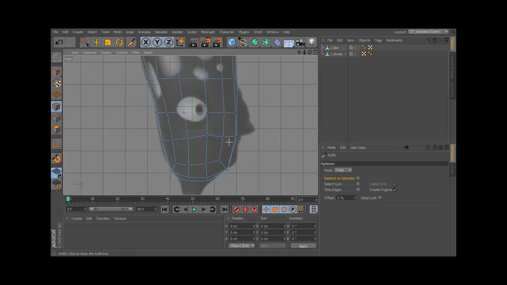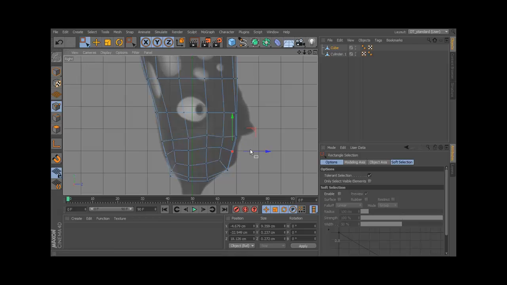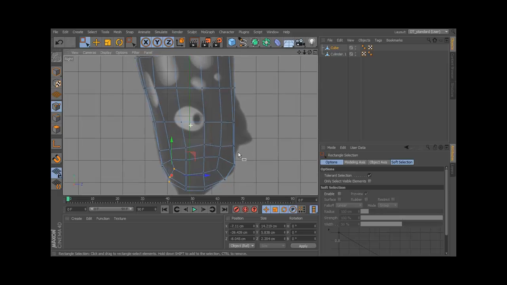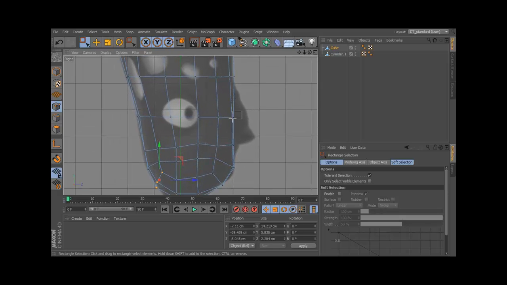Let's go to the knife, and I'm just going to add a loop right in here. Be careful when you add these loops. You want to go all the way to the end to add it in. And then we can come in and we'll just pull this out a little bit. Kind of use that to better define the shape of the head. Okay, and let's kind of pull these points out here, kind of where his mouth and nose is starting to